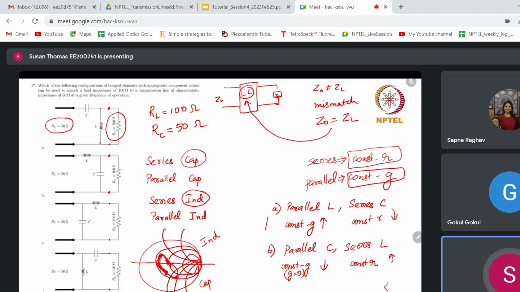So these are the two possible options. These are A and B, whereas C and D are not possible choices. So we can move either like this or like this. There are only two possibilities. So from 100 ohm towards the matching point, you can move only in two ways, either with option A or option B. I hope this is clear.